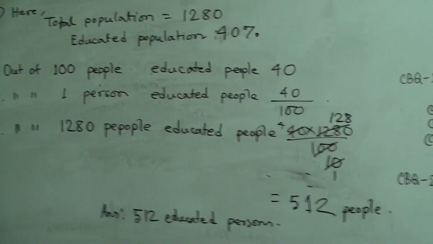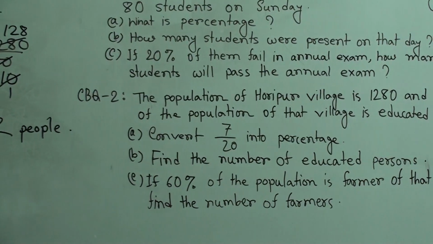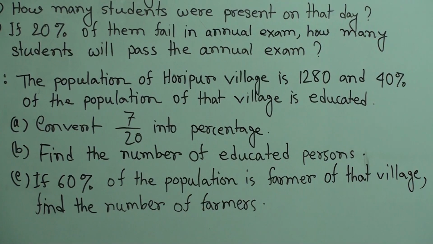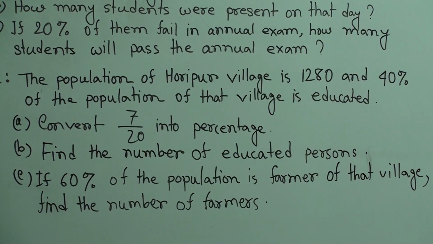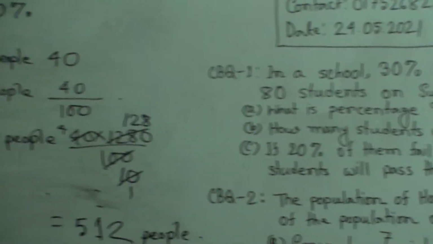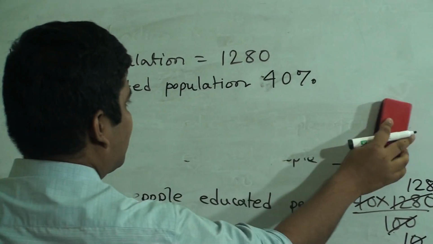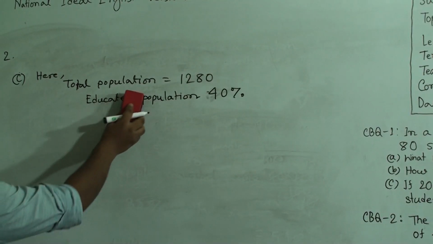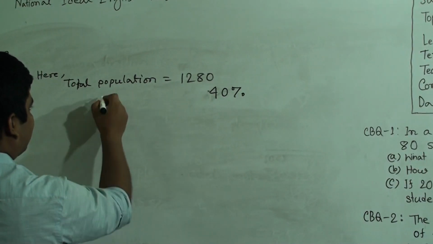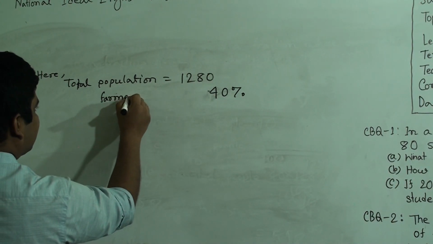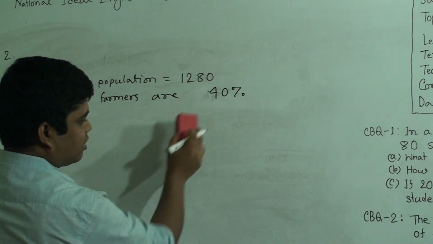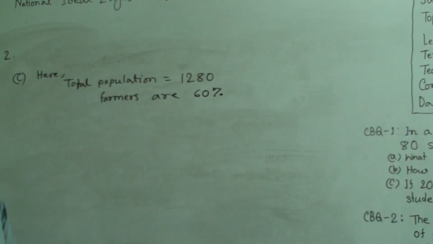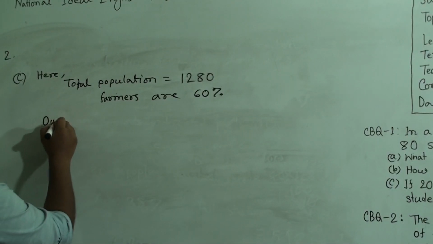Next we shall solve C number question. If 60% of the population is farmers of that village, find the number of farmers. So C number question is just like B number question. First of all we write here total population is 1280 and farmers are 60%. Farmers are 60%. So from that we can write out of 100